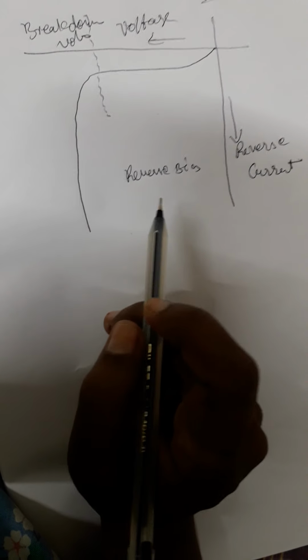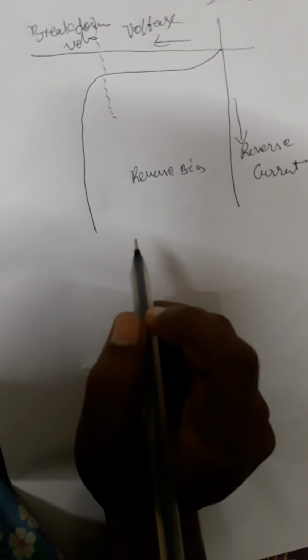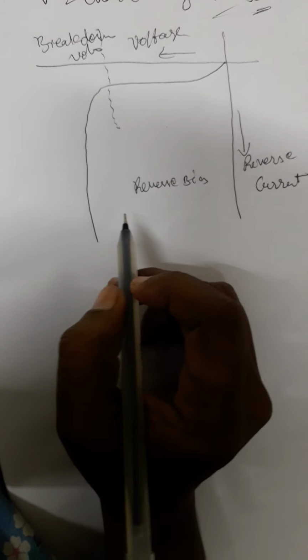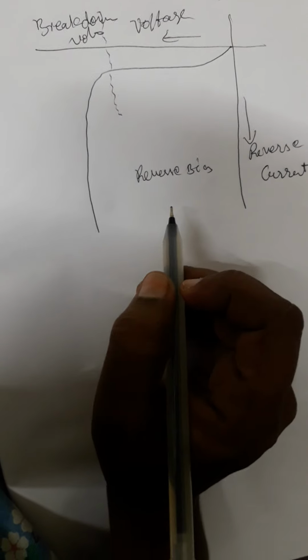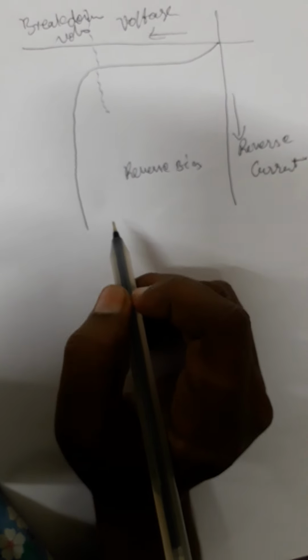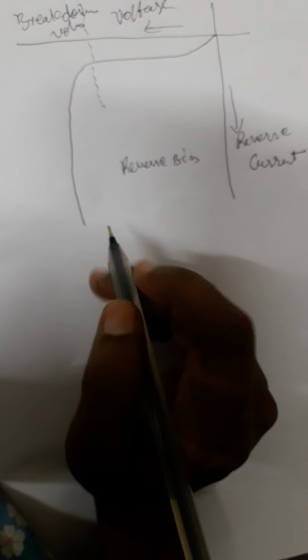Saturation means after reaching its maximum value, a steady state is reached, wherein the current value remains same with increasing voltage. Okay, the magnitude of reverse current is of the order of nanoamperes for silicon devices. When the reverse voltage is increased beyond the limit, then the reverse current increases drastically. This particular voltage that causes the drastic change in reverse current is called reverse breakdown voltage. Diode breakdown occurs by two mechanisms, Avalanche breakdown and Zener breakdown.